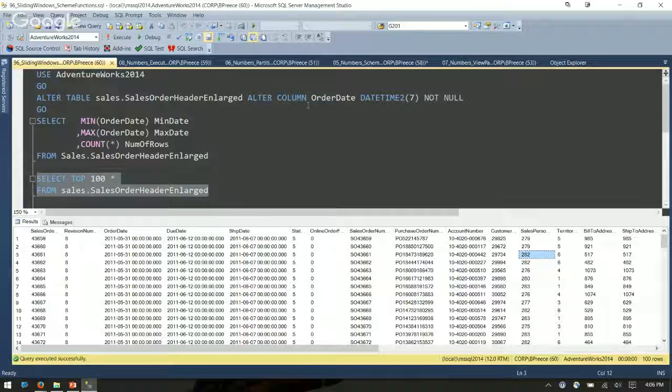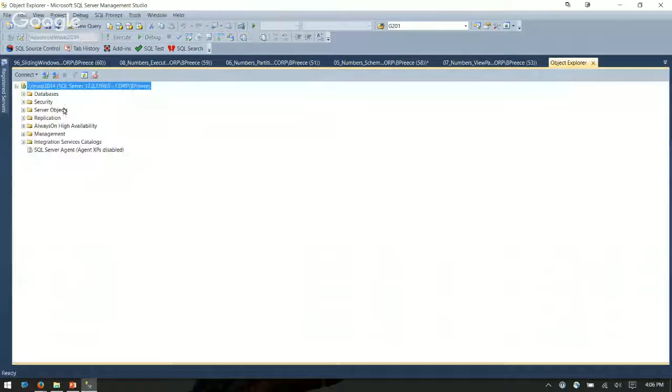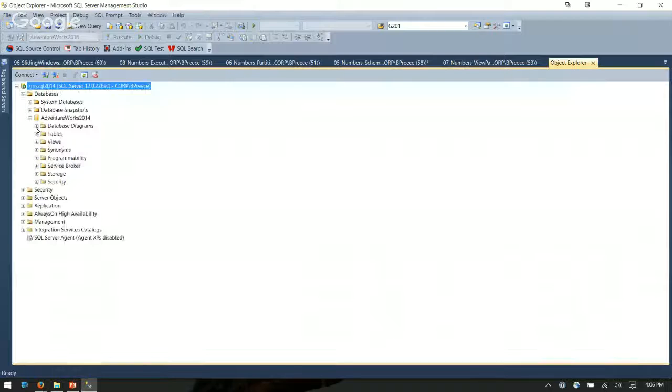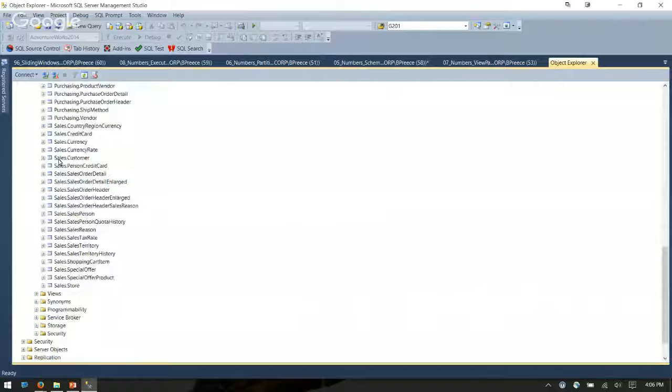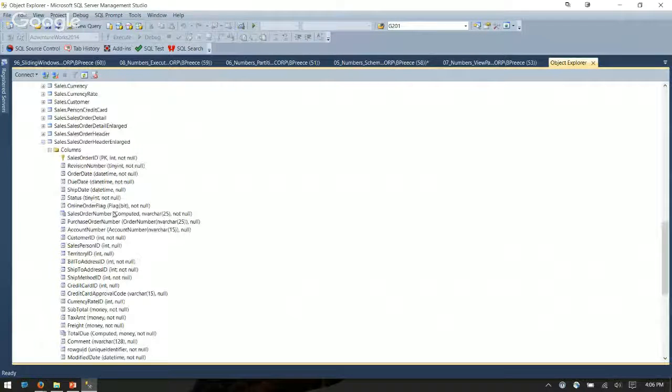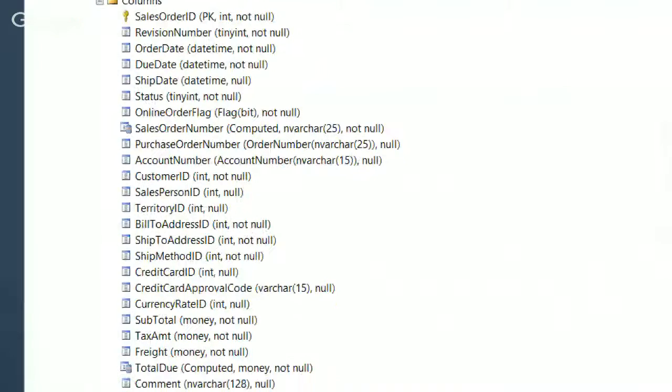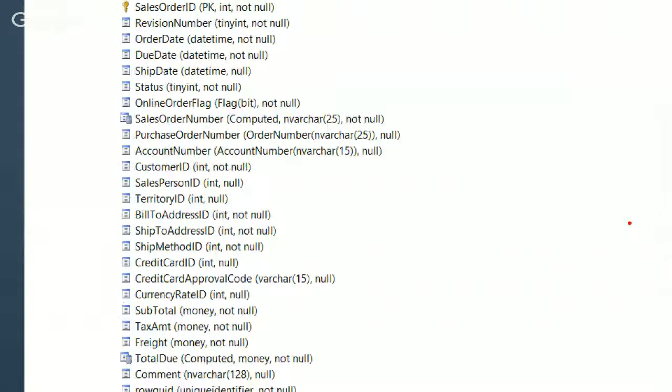So the first thing I want to do is, because I'm using 2014 and not 2012, or some older version of when AdventureWorks was created, this database table has the older data types. And let me just show you that real quick. And because I'm using it, I want to show you that I can do this on the new stuff and